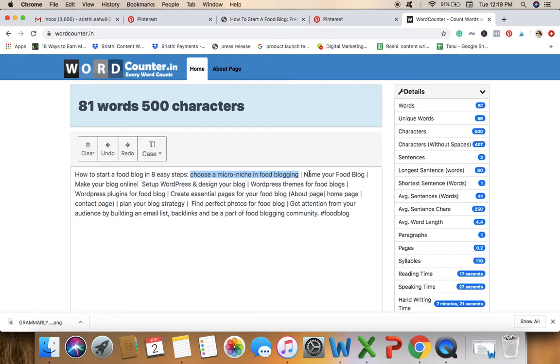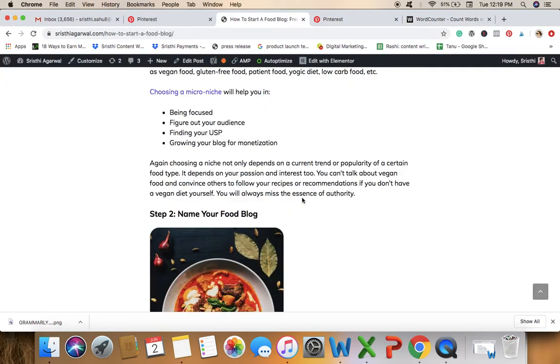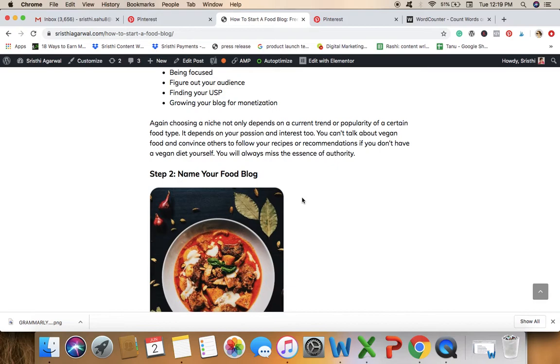This is what I have done, name your blog. Okay, so I have put things which were there inside my blog, and also if you see, these are some of the keywords like WordPress theme for food blogs, or like set up WordPress and design your blog. So these are something which is already there in my blog because I did keyword research over there also.